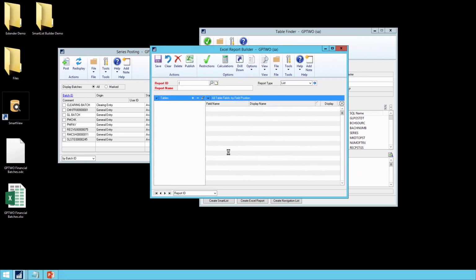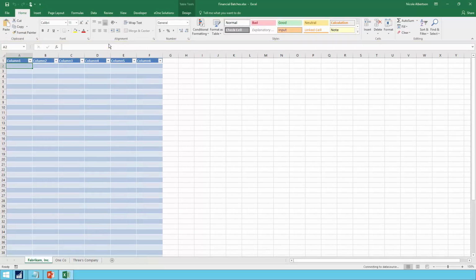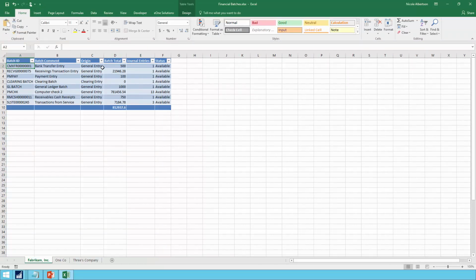So we'd want to make sure we have the data we want before we ever edit our file too much in Excel. So I have my new file. I'll open that in Excel, enable the content, and now you can see it looks very similar to what we had before, except if you look down in the lower left, you will see that we have 3 different worksheets, one for each of my companies.